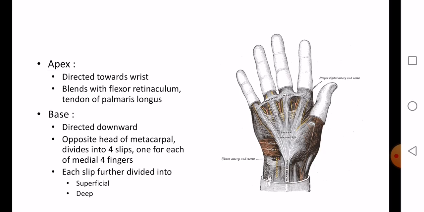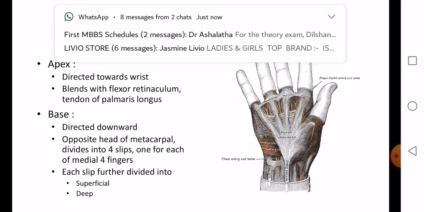The base is directed downwards. Yes, not when you keep your hand, when you're looking at your hand, it will look the opposite. When I talk about directed downwards, I am talking about the hand when it is kept in the anatomical position. So when you keep the hand in the anatomical position,